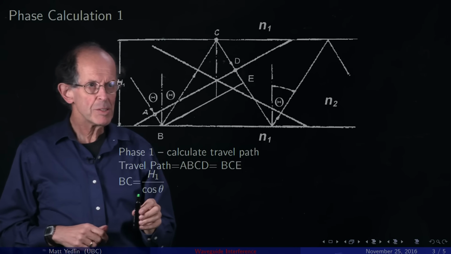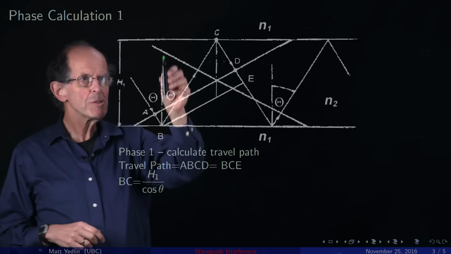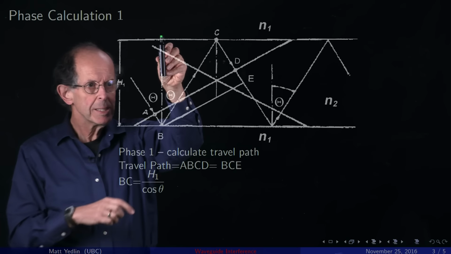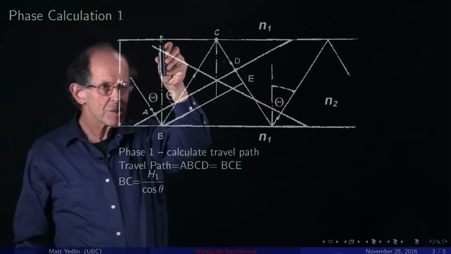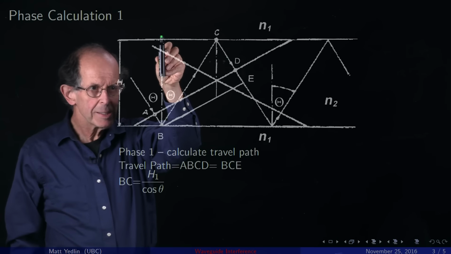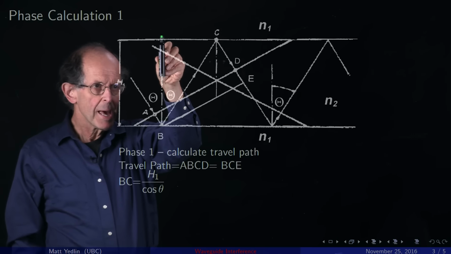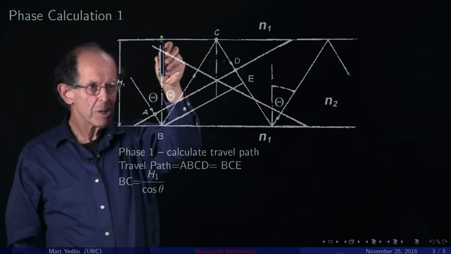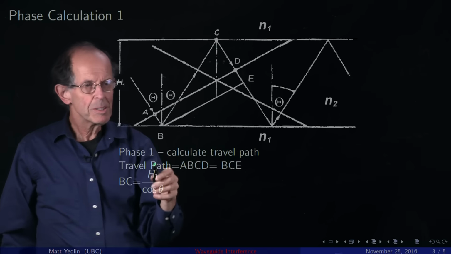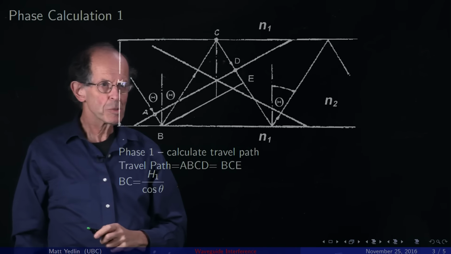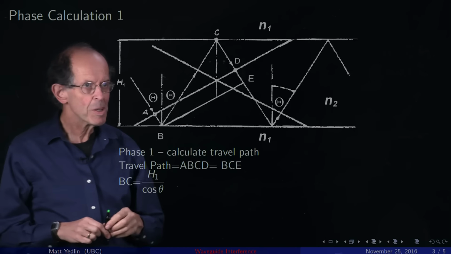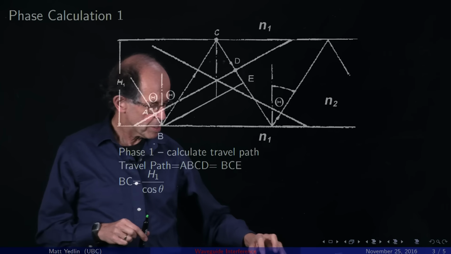So let's start from the beginning. Let's look at BC. Well, first of all, you can see right here from B to the top of my pen, that's the thickness of the guide, H1. And by simple geometry, we can see that BC is just H1 divided by the cosine of theta. So there's part of our problem. What's left is